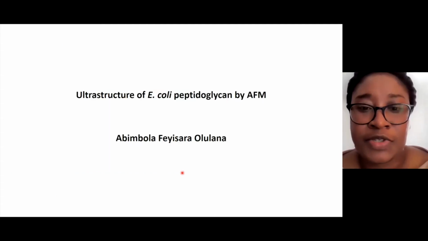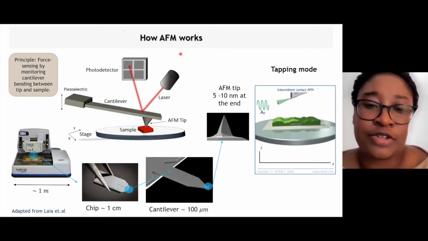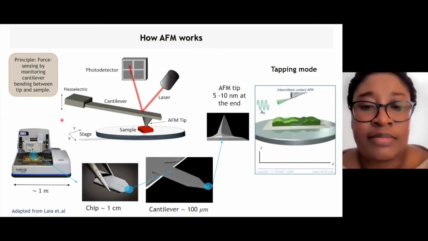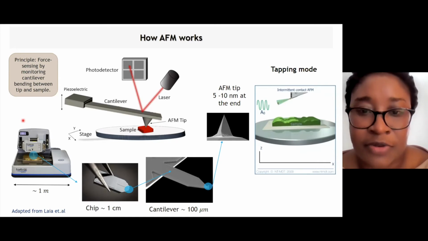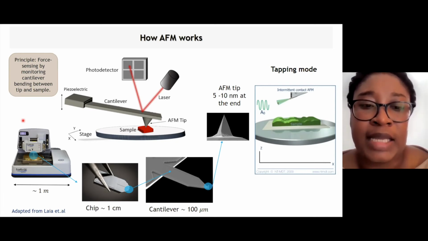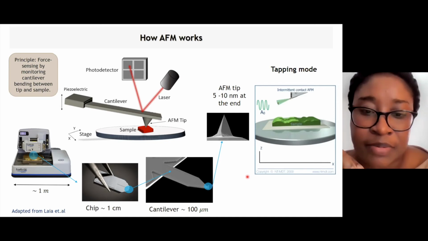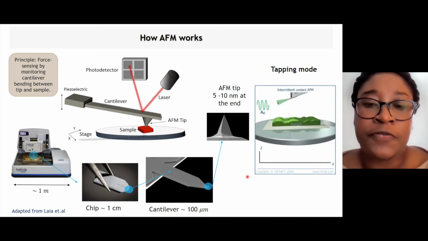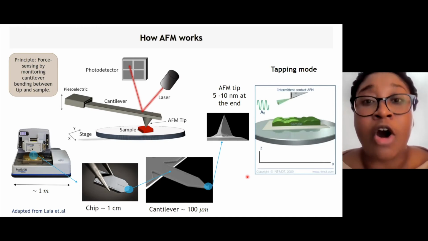Thanks so much, Jacob. As Jacob has said, he has to send the sacculi over to me, but the most important thing is that we want to use the atomic force microscope to actually scratch the surface to see what this PG looks like. In basic terms, how does the AFM work? The AFM is a surface profiler that uses a very sharp tip, like a cantilever tip, to feel the surface and profile it, and then give the topography of the surface.